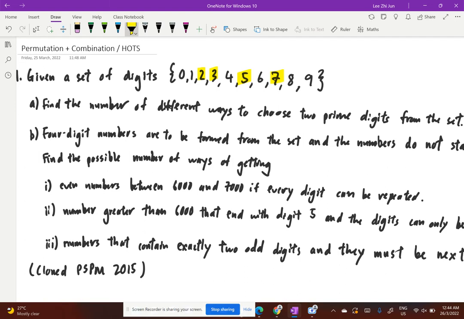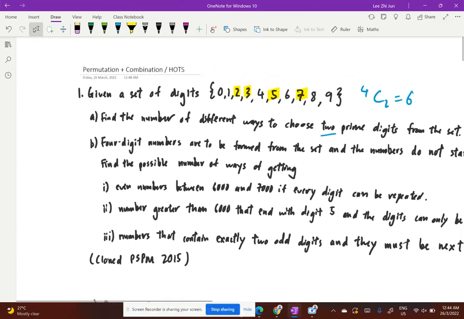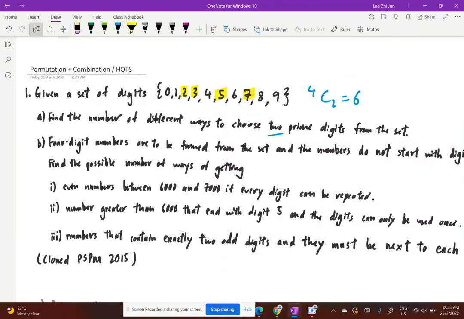So the number of different ways to choose for C2, 2 prime digits, you'll get 6. So B, four-digit numbers are to be formed from the set and the numbers do not start with the digit 0. Find the possible number of ways of getting